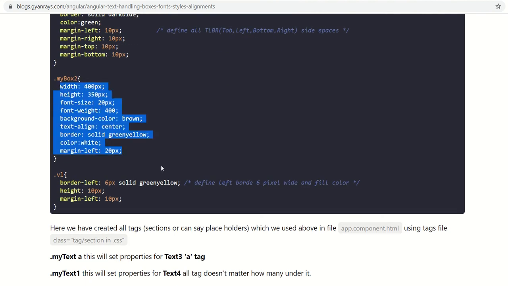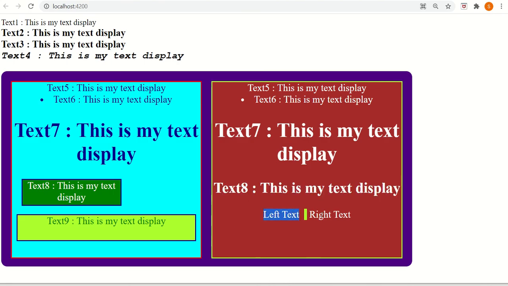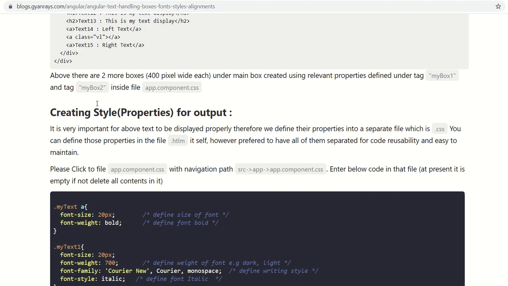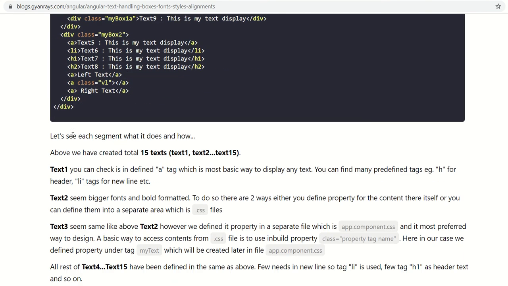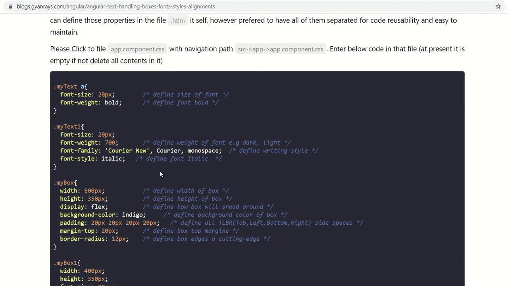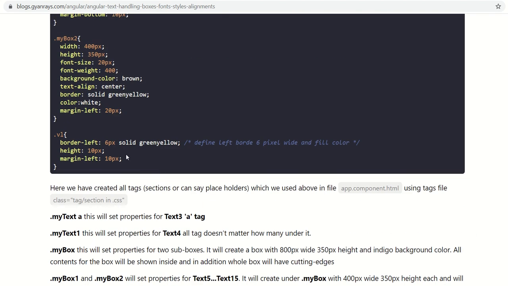Here is my box 2, and header 2 is the default header 2. Now this is the left text and right text, and in between these two texts we are placing one vertical line. How to show a vertical line in between these two texts? This has also been done in a very simple way. This is the left text in the normal way, this is the right text in the normal way, and this is the vertical line. How is it shown? It is shown with a property v1. So you are displaying a text again, but you are setting the property. So let's see how VL has been defined.